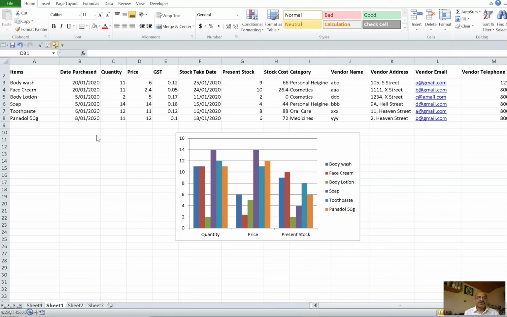feature is so important? Because suppose you are doing some kind of data entry, your boss has given you a job, or you're a student and you are trying to create some kind of a long table, and the source of that table is either on paper or on some other application, or it is some kind of a PDF document. And you have to keep changing your eyes direction, like you're seeing like this, and then you are coming back and typing in the data in your table. Now,